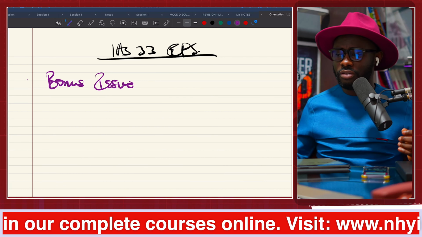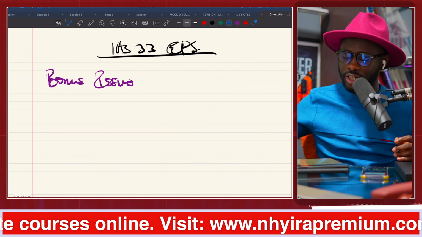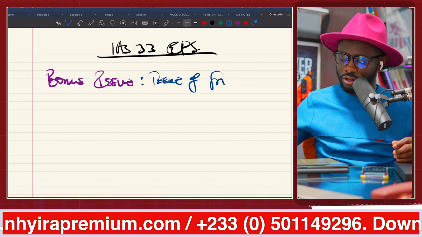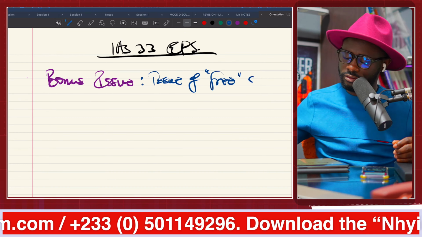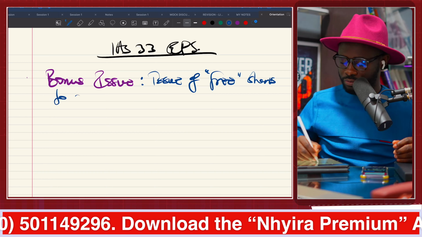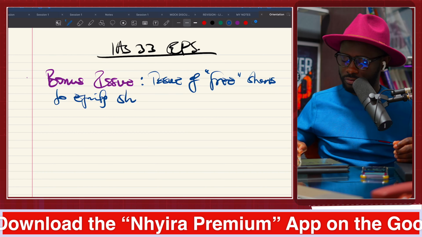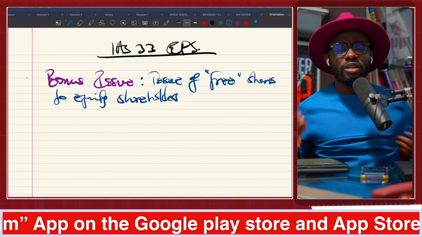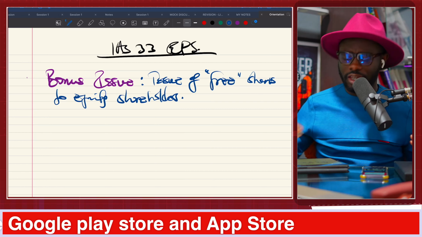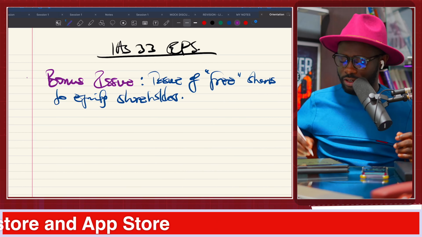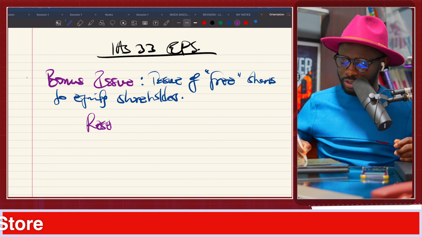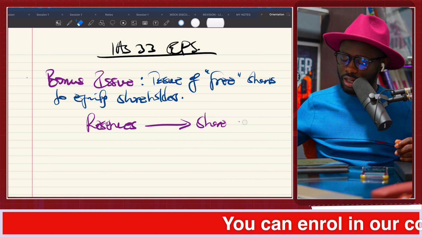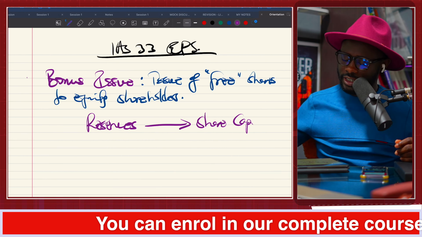Now, bonus issue simply refers to the issue of free shares to equity shareholders. That's all. Issue of free shares, technically, to equity shareholders. That's what we mean by bonus issue. So what does that mean in principle or in practice? It means that we are converting reserves into share capital. That's all. Reserves are being converted into share capital, and this is very common when an entity is seeking to